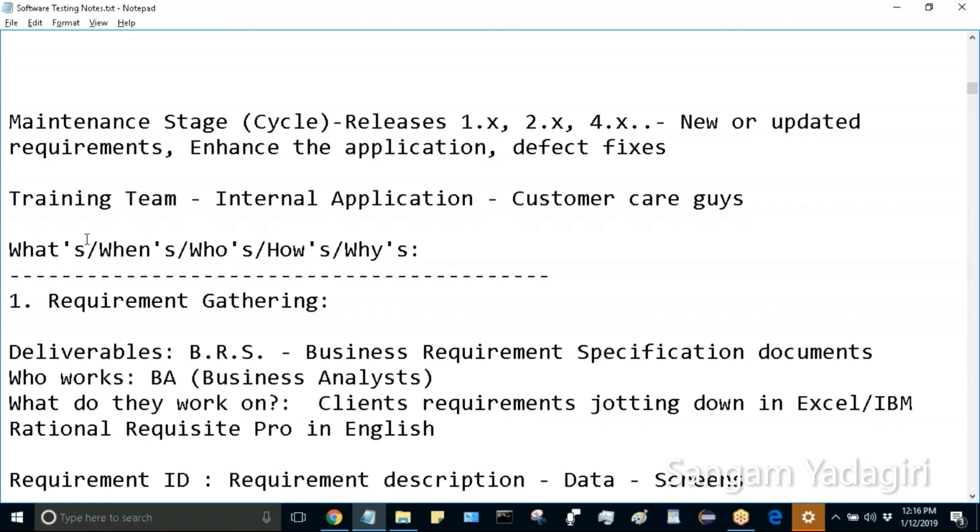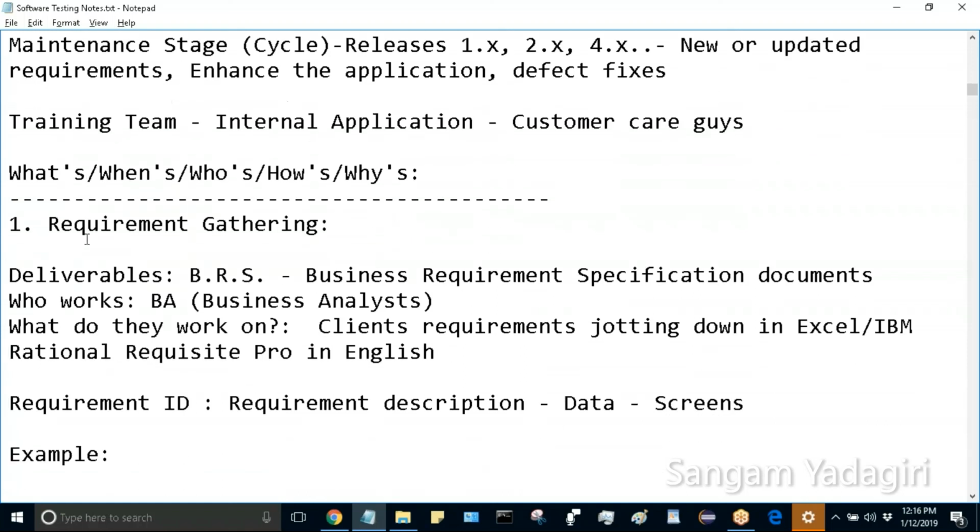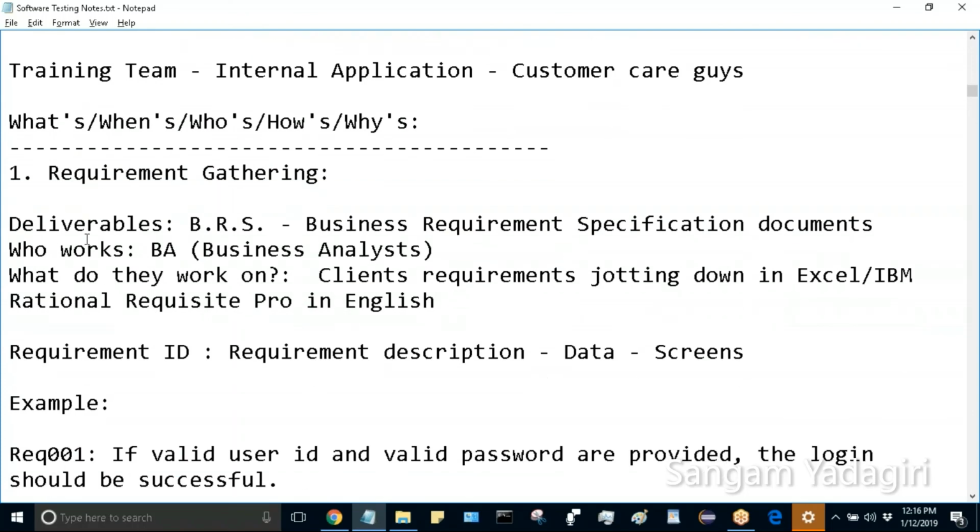Okay. Now let's go into these business requirements. Let's go into them in a little bit of detail. In detail in the sense we